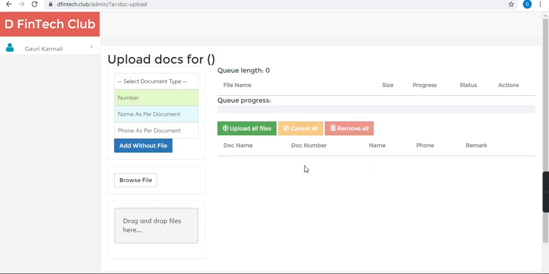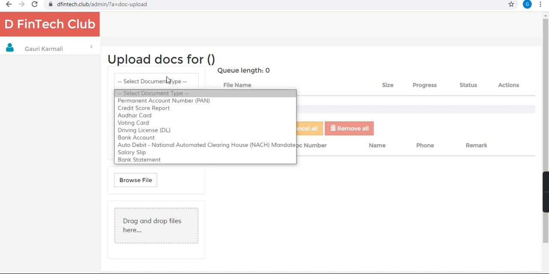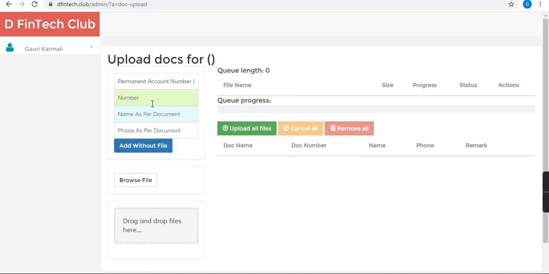In upload documents, you want your customer to upload documents. You can make certain documents mandatory for your customer. So he can select this document type from here. This document type is coming from the admin panel, which I will show later.